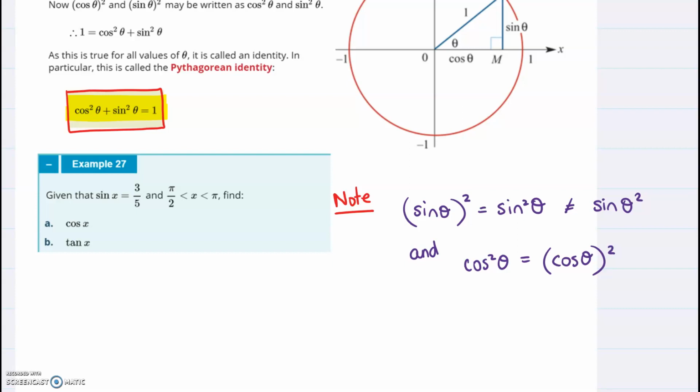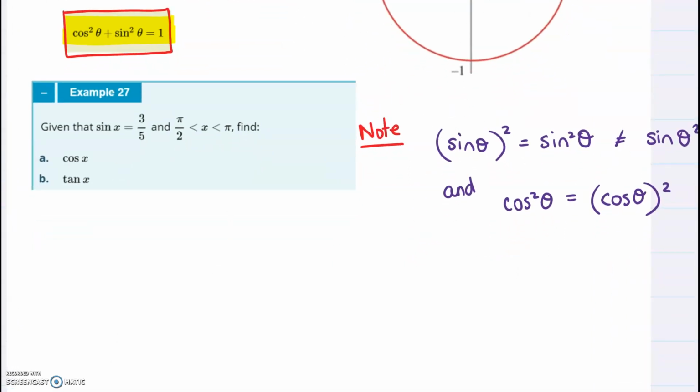So in part A, the first thing they've given us is that sine of some angle gives 3/5. And the value of x, the angle, lies between 90 and 180 degrees because it says pi on 2 and pi. So in part A, we've got cos x that we need to find. All they've given us is sine x. Cos x equals, don't know. So what I am going to start with is the Pythagorean identity,